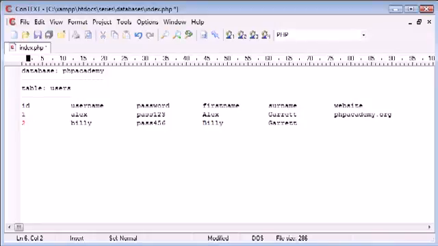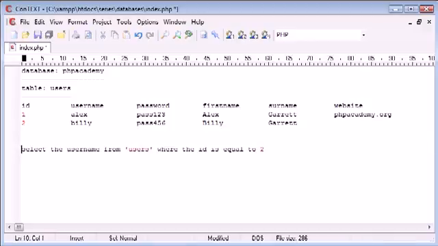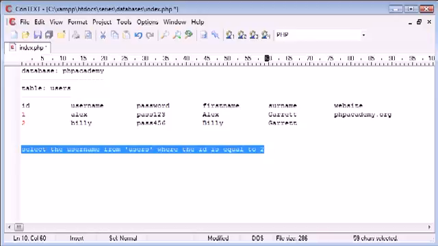Now let's say I wanted to select data, so let's just put some pseudocode here. Select the username from users. So this is our table here, where the ID is equal to 2. So this is what we call a query. This is in pseudocode at the moment. It's almost just English language, but